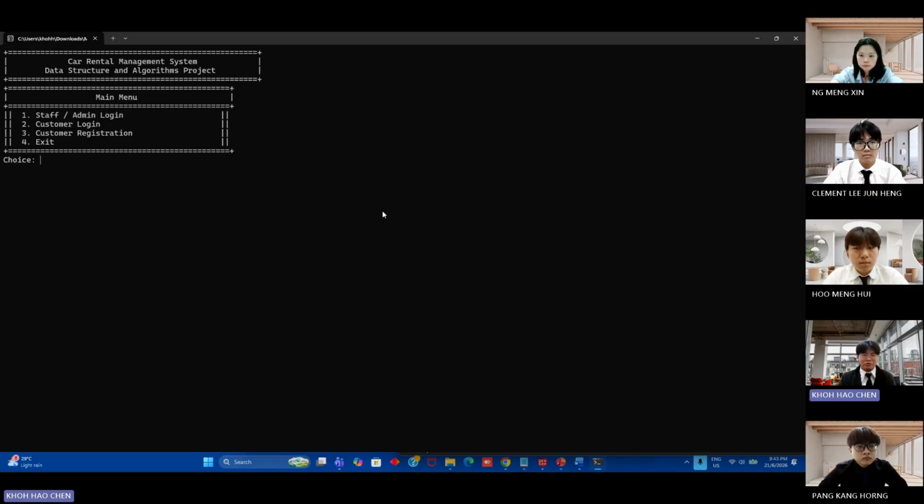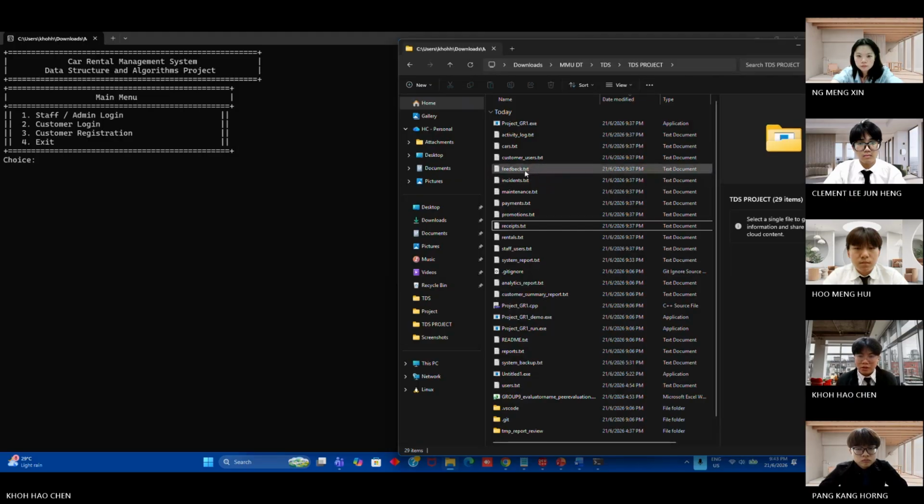So I would like to use staff to log in. The staff user file is stored in this folder.